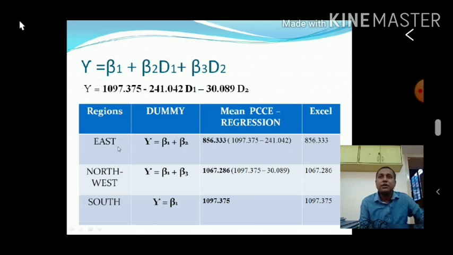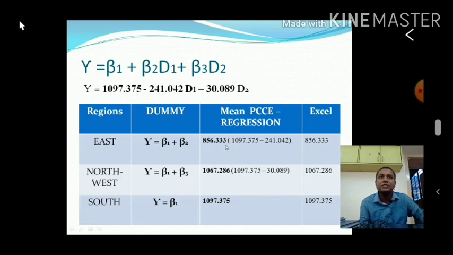The regions we have already listed are east, northwest and south, and we calculated the dummies in the previous slide. Using y is equal to beta 1 plus beta 2 for the east region, beta 1 is 1097.375 minus beta 2, which is 241.042. When you subtract, you get 856.33.